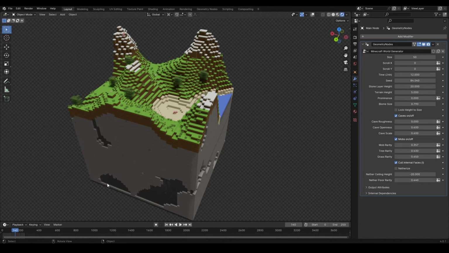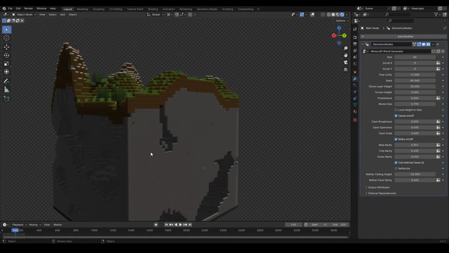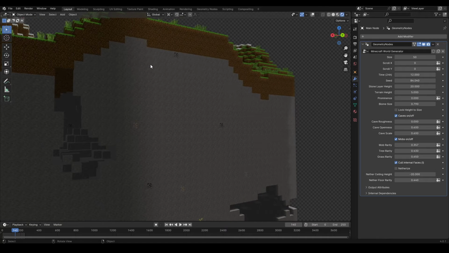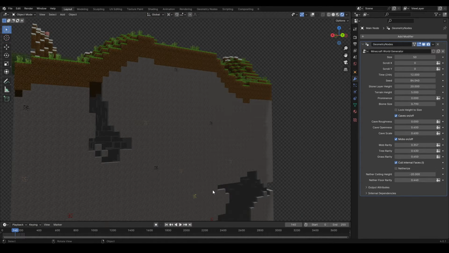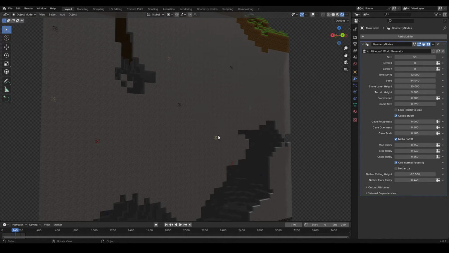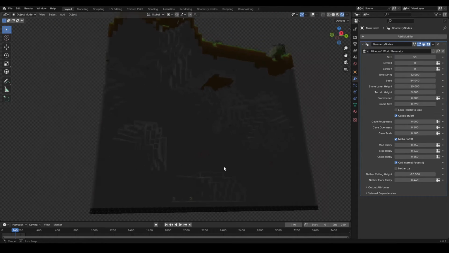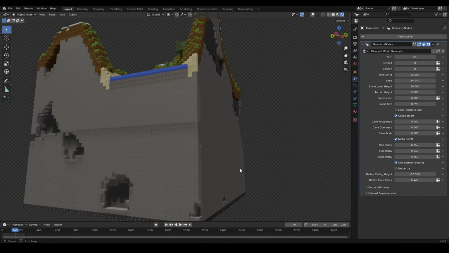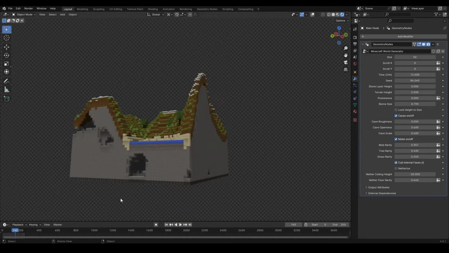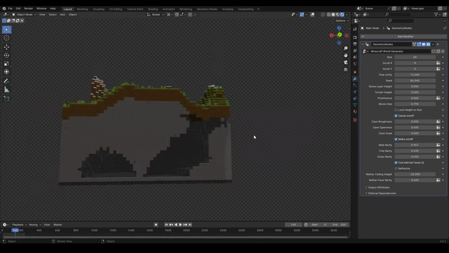Now the stone layer height affects the bottom stone layer. So you'll notice there's a top stone layer with coal and iron, and then there's this layer that has the gold, redstone, diamond and lapis as well. And so we can move that down. For example, if we go all the way to 0, that layer just completely disappears, and we can even go, say,